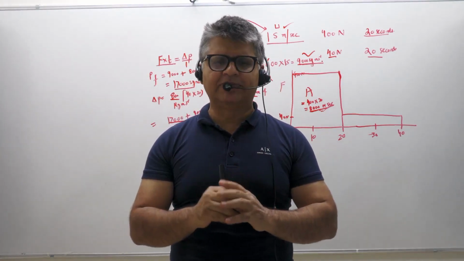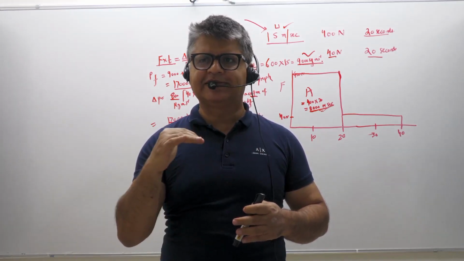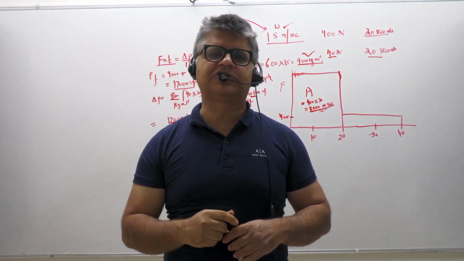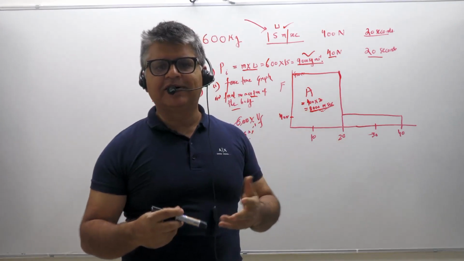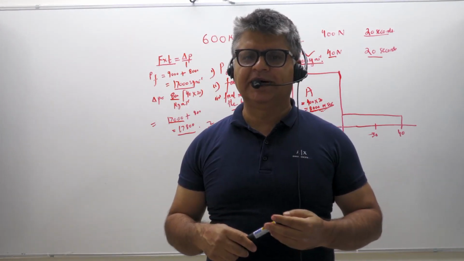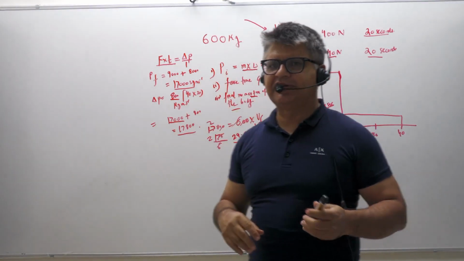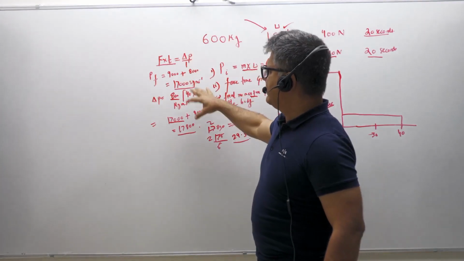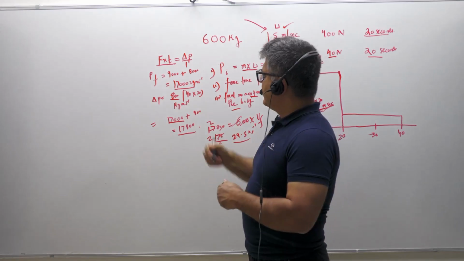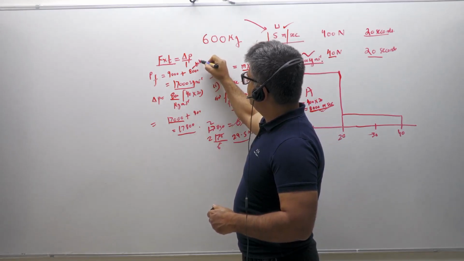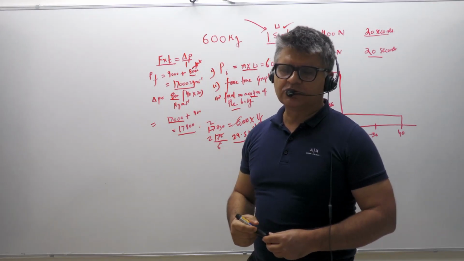So the point I'm trying to hammer to you is you have to do conceptualization, which is, okay, this was a change in momentum question or a momentum question. But the second step is categorization. How do you categorize it? Like change in momentum is also force into T, and they also asked you to draw an F into T graph, which is a great hint from their side, the question making people, as to what should be the approach and strategy for the question. So I think this part was pretty mathematical. The initial momentum was known, and then you started applying the F into T part to the initial momentum and added all of them to reach the final momentum.